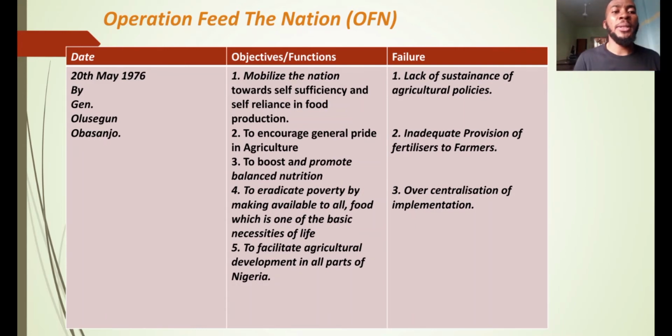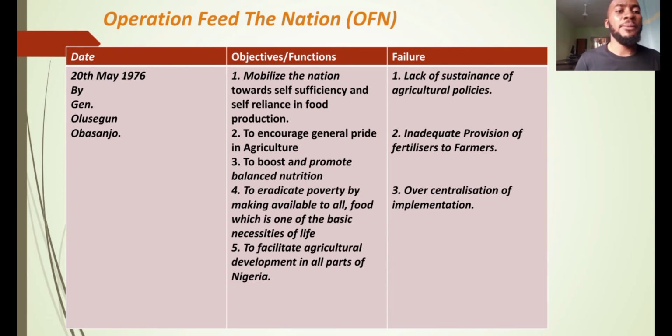Now, when it comes to policy, it's a big problem in Nigeria, not only in agriculture, but even in the industrial sector. One of the reasons could be change of government. It's well understood that when a government leaves office and another one takes over, most times the current one may not want to consolidate on the already existing policy, thereby making it difficult for the previous government to achieve what it set in place.